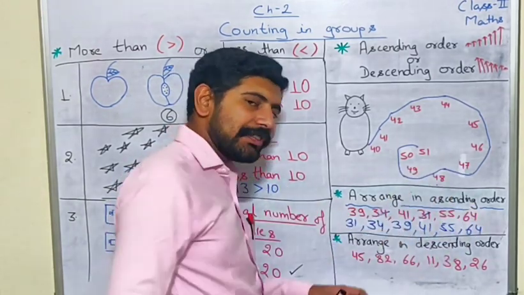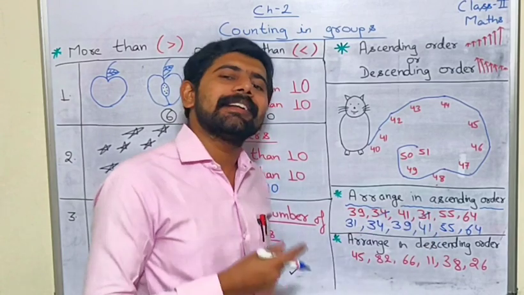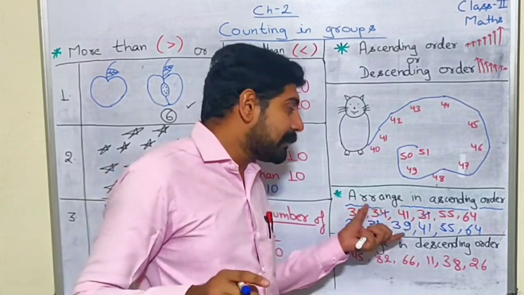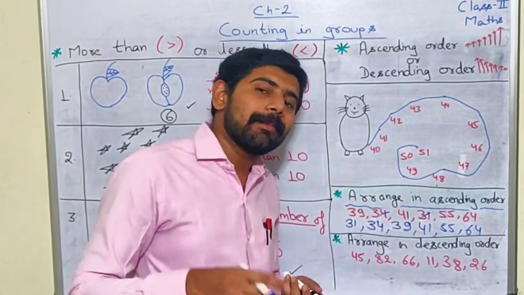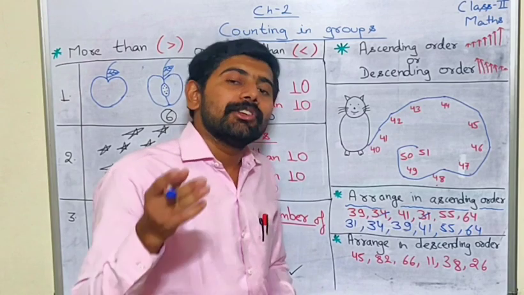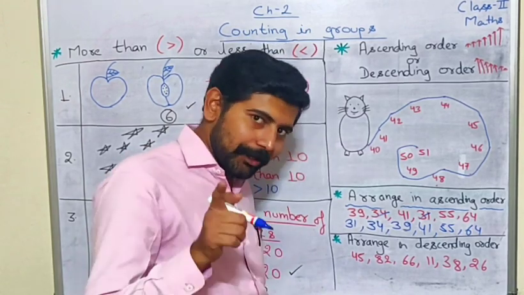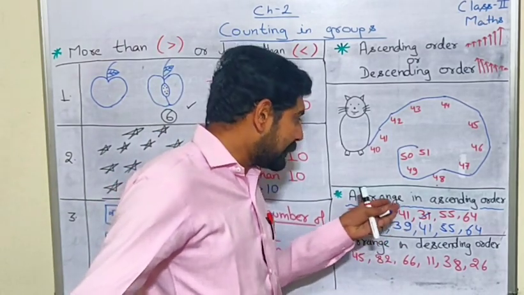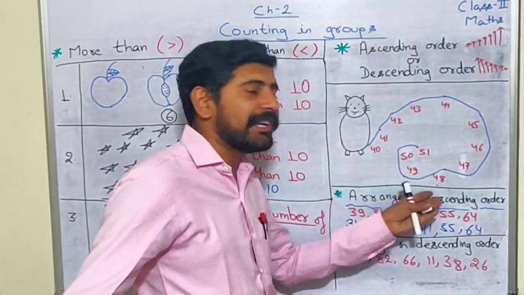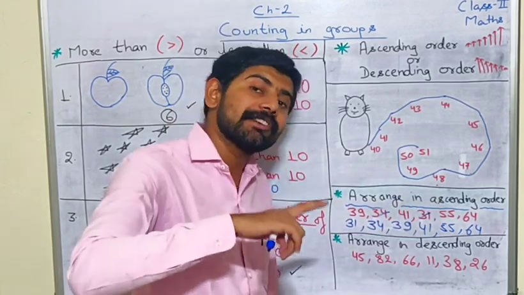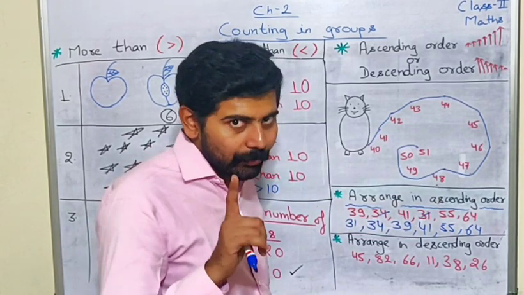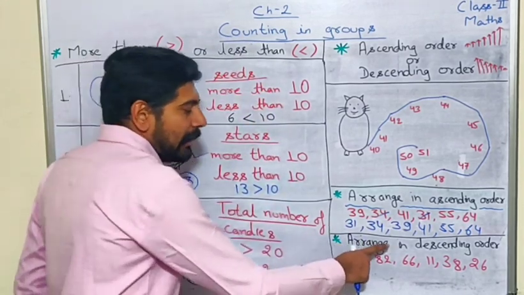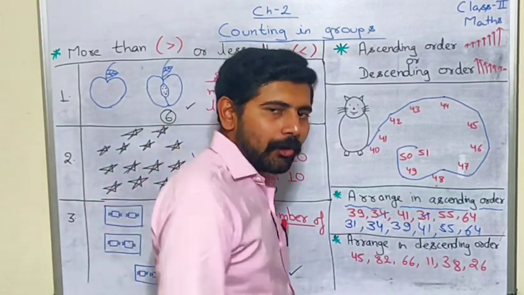We have arranged the numbers in ascending order, na? So our task is completed. Now you can also solve some numbers. You can also arrange some numbers in ascending form which your parents can give. You will do, na? Okay. You can also do these numbers arranging in ascending order from the book also or in the worksheets also. Okay. You will do, na? Promise? Okay. Let's move forward to the arrangement in descending order.